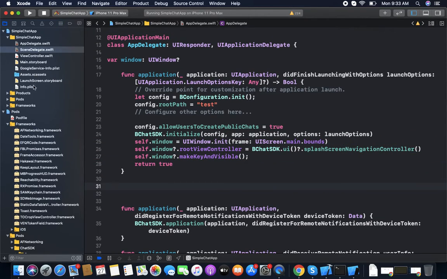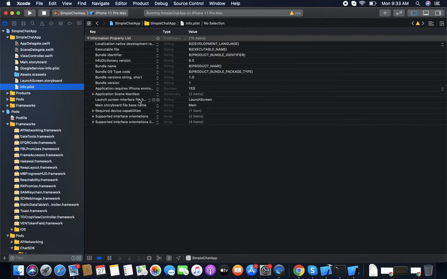We also need to remove the scene delegate part from the Info plist file. Remove this application scene manifest.